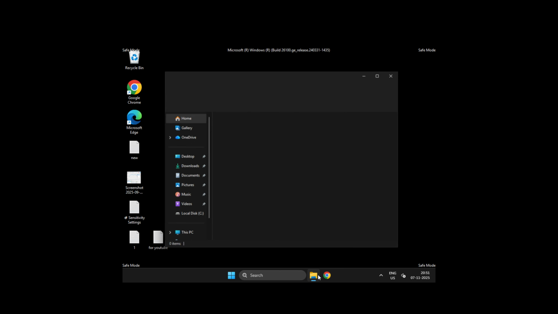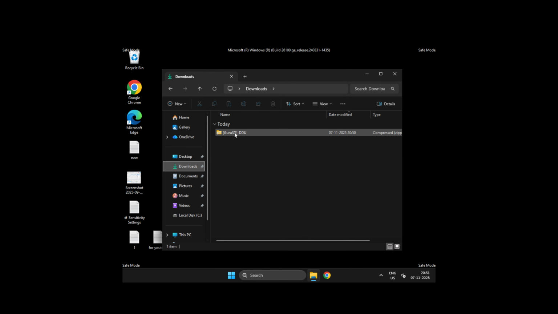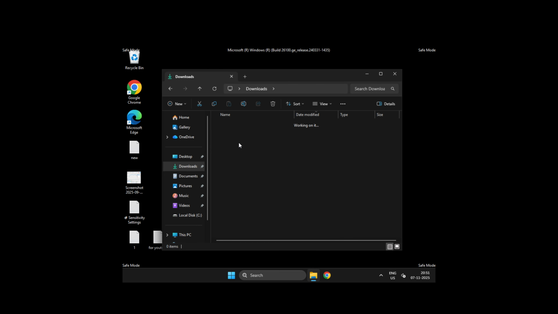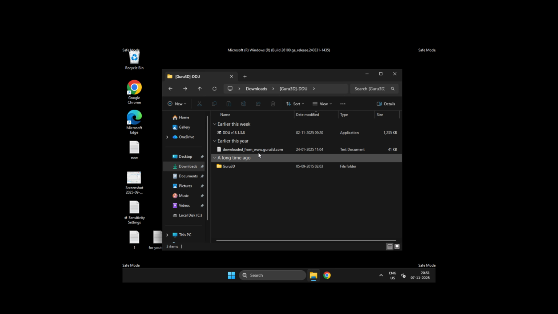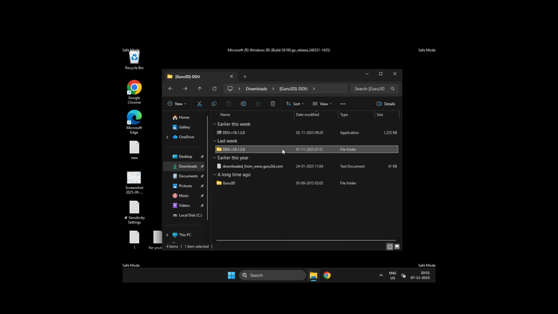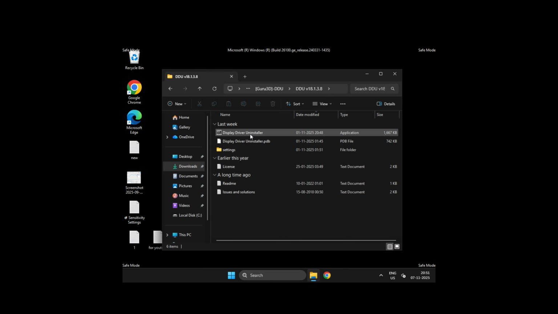You just need to open up File Explorer and go to downloads. Right click on the downloaded file, select WinRAR and select the extract to option. After the extraction, open it and now double click on the DDU application. Select run option and select extract, and now open the DDU folder and double click on the DDU uninstaller application